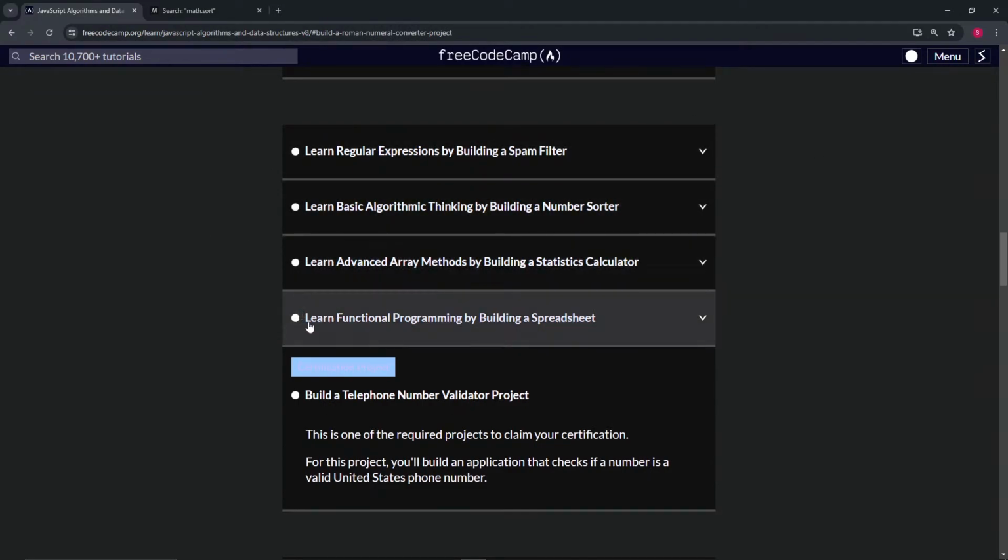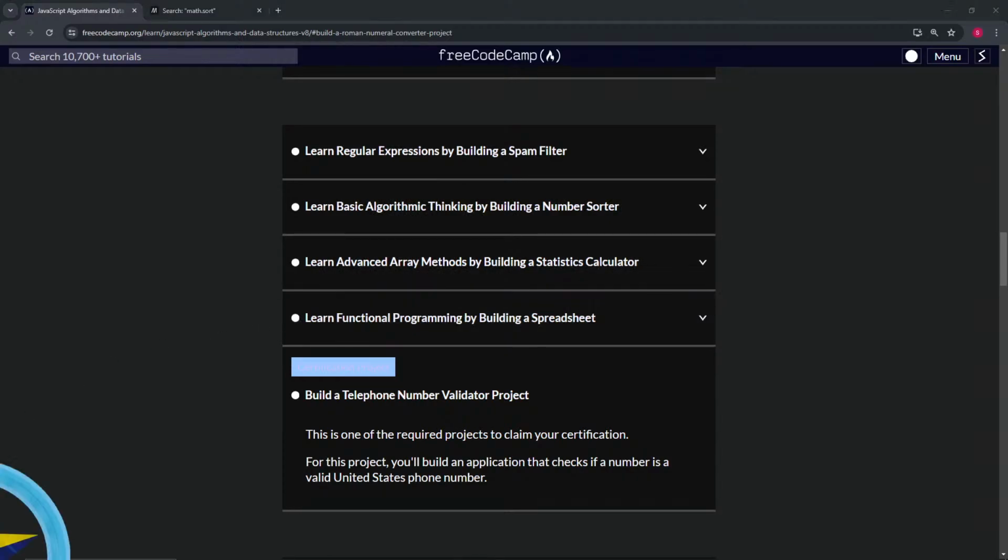Now we're on to learn functional programming by building a spreadsheet, and we'll